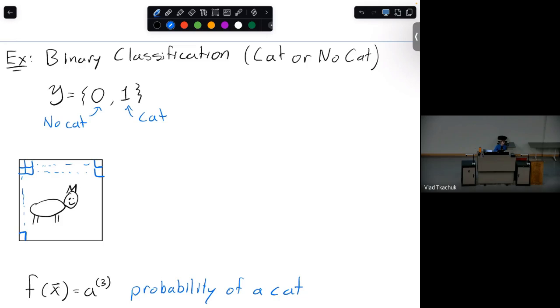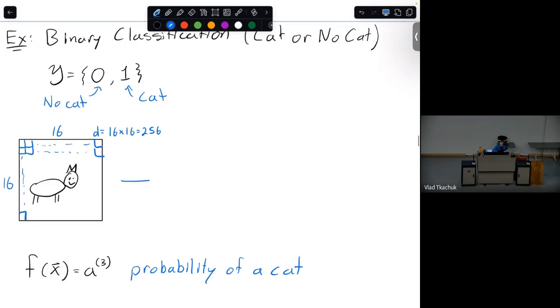Here I'm just going to make an assumption about the size of the picture. It's going to be a very small resolution picture, 16 by 16. So how many pixels do we have? 16 by 16, which is 256 pixels. And this is going to be equal to the dimension d. But once again, we need a vector, right? We always have been working with our inputs as feature vectors. So what you do is you basically represent this giant picture or array of things as just a vector.